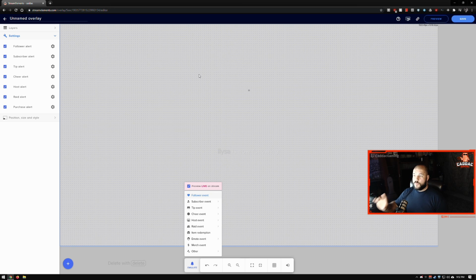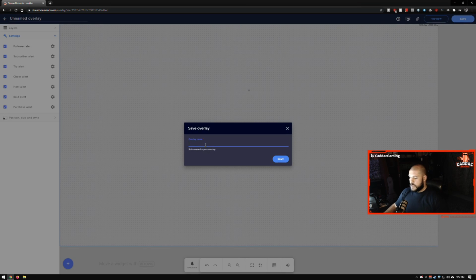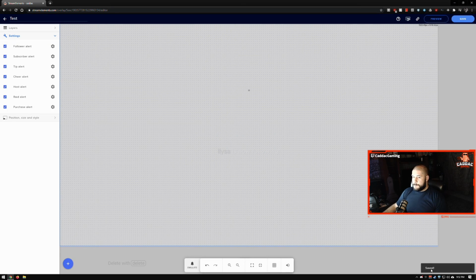Make sure, however, whenever you do some big changes, make sure you come up and save it. And the first time you save it, you have to put a name. So let's just do test. When you save, make sure saved pops up down here. If it just constantly says saving, there is too much code going on in your overlay, and you'll have to split things out. Most people won't get to that, but if you end up using custom overlays like I have,